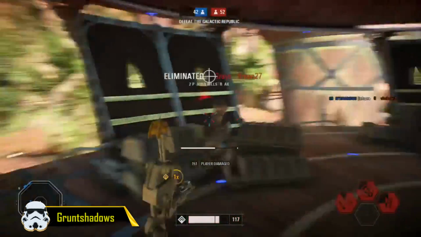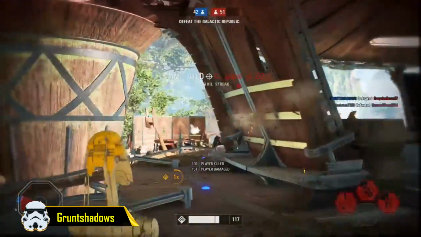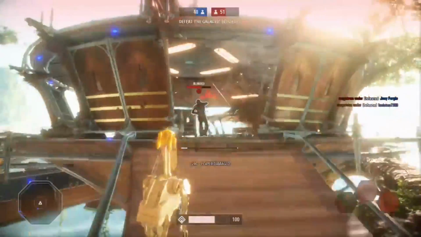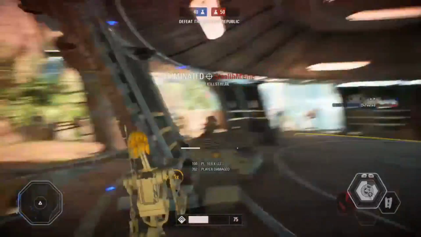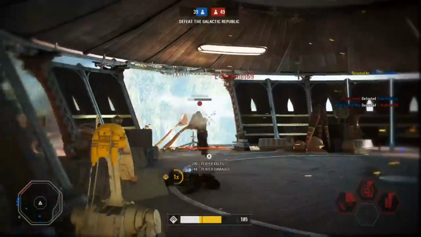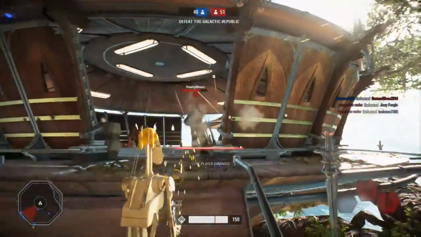At the number 4 spot, we have Grunt Shadows playing some Blast on Kashyyyk, and I think we've all started to get fairly annoyed with the Wookiee warriors, both because they can kill you in a couple of seconds and because they're on every single map on the light side. So he decides to take the matter into his own hands by killing 3 Wookiee warriors within a couple of